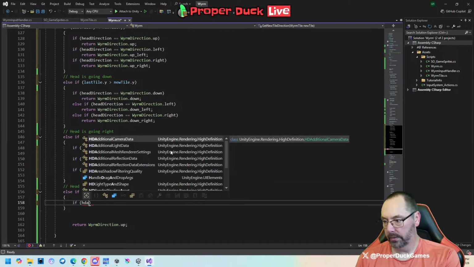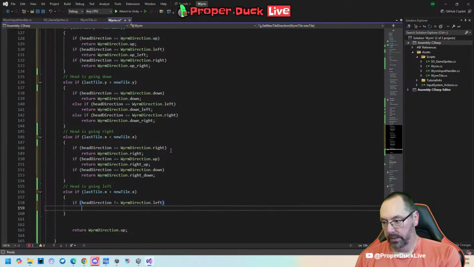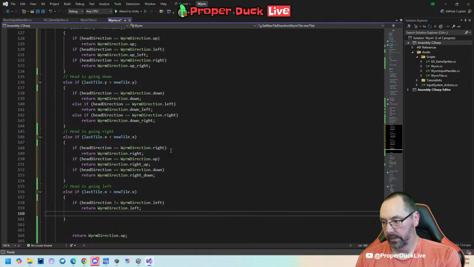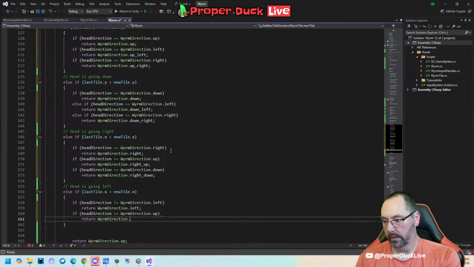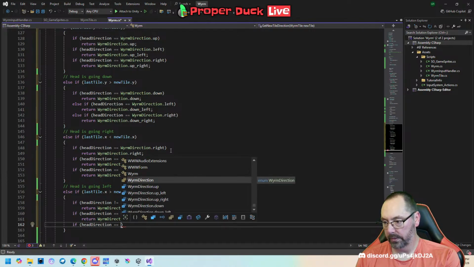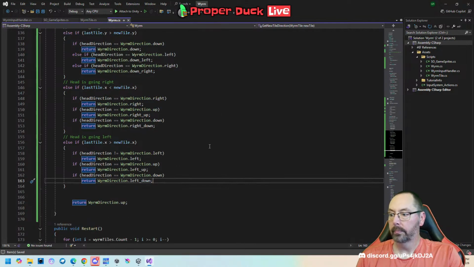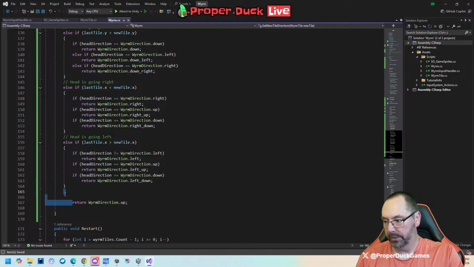If head direction is left, then return left. If head direction is up, we return left up. If head direction is down, we return left down. And just a catch-all,